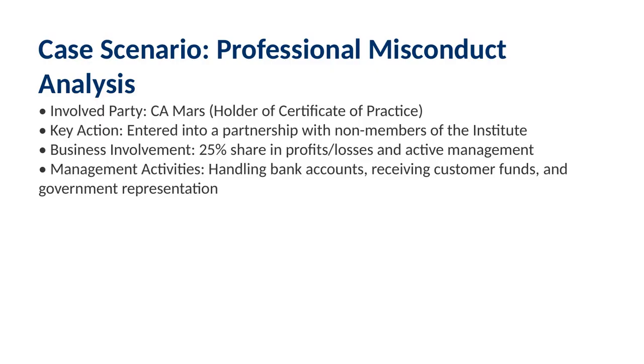So, to conclude and guide Mars, the reasoning is clear. Since this is an agreed-upon procedure and not an audit or review, Mars cannot give a report providing assurance. He can only issue a factual report detailing the findings of his work. When you write this in your exam, make sure to clearly distinguish between assurance engagements and agreed-upon procedures. That is the key to scoring full marks here.